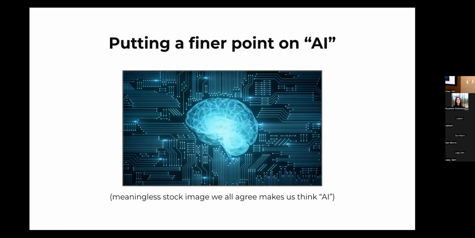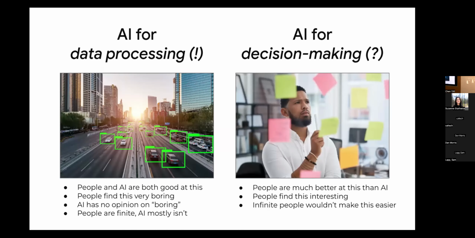So when I say AI for conservation, even AI, of course, people could mean just about anything in the world when they say AI right now. So I'm going to break all of AI down into two convenient categories for this conversation. So it's an AI for data processing type of problem. In this picture, find all the cars in this picture and put boxes on them.